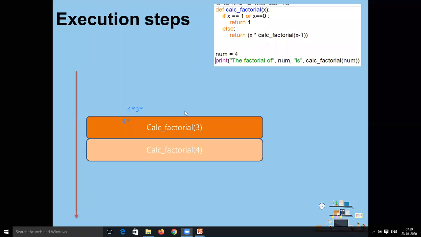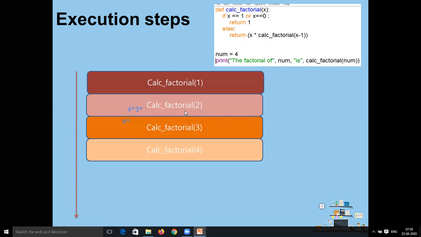It means we will get two values inside the memory stack now, that is 4 into 3 into. Now calc_factorial(2) is again going to return 4 into 3 into 2 into calc_factorial(1).